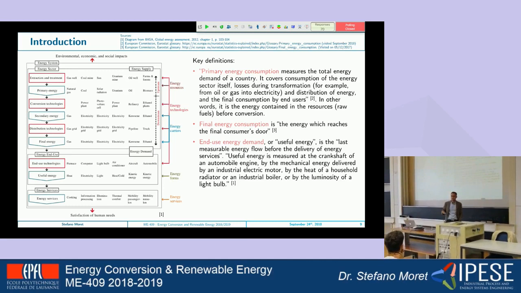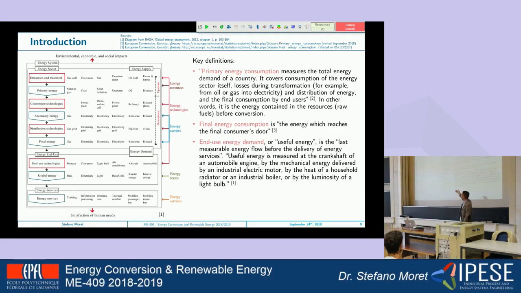And this can be misleading because what you should always look at is the lower part first. So look at the end-use service. Because as you'll see, and that will be the main topic of the course, the same useful service can be supplied with different values of final energy consumption. For example, you can have the same amount of mobility provided by a gasoline car or an electric vehicle, but the electric vehicle will be far more efficient.